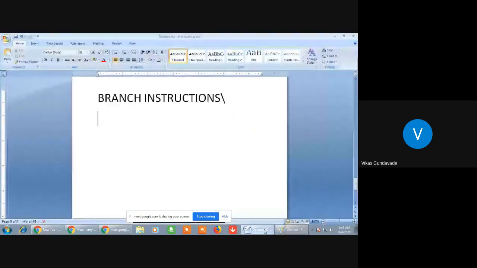So first we'll take the jump instructions, and then we'll move towards the call instructions. Within the jump instructions, the first instruction is the unconditional jump.